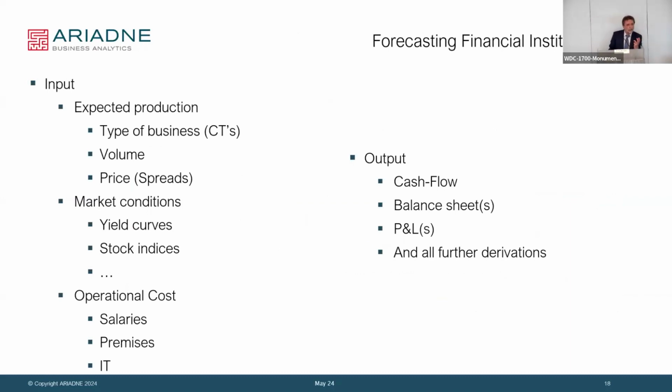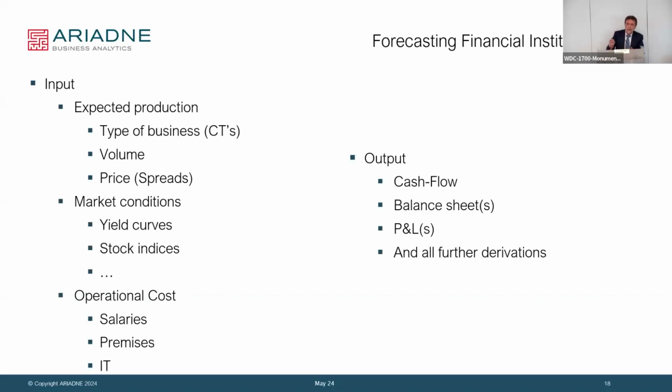And how do we express now contracts with ACTUS? In contract types, in PAM, in these patterns. Now we can say, okay, the volume is the scaling, whether you have a lot of it or little, and then the relationship to the price. That is part of ACTUS. And that's also what Francis has been talking about, the relationship to the risk factor. Then we forecast the yield curves, the stock index, the market conditions. That is now an assumption, and that's a model in the true sense. No single opinion there. And then what we shouldn't forget is the operational cost, like salaries, premises, and IT. So this is the input.